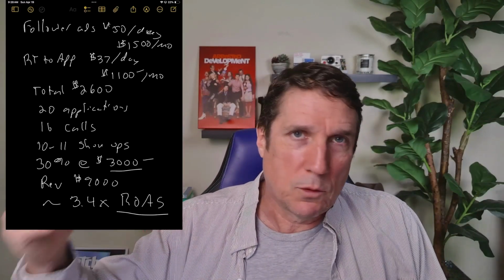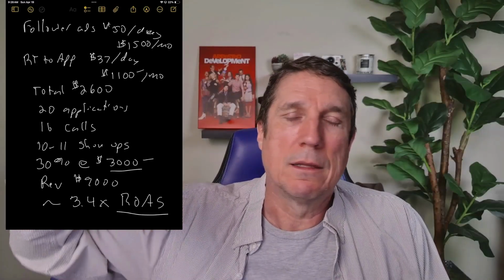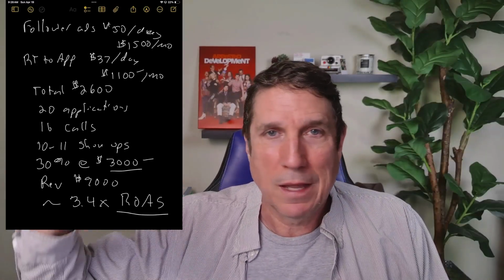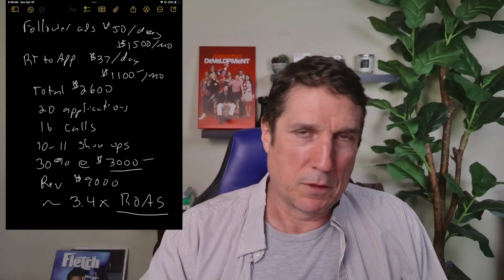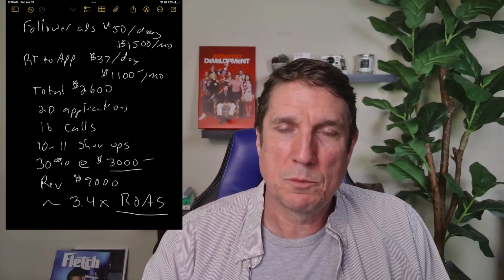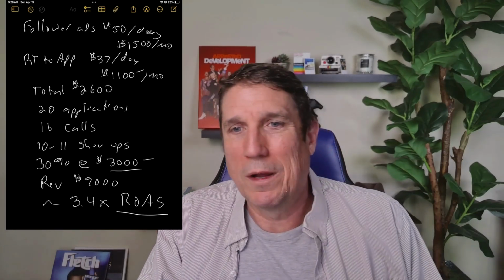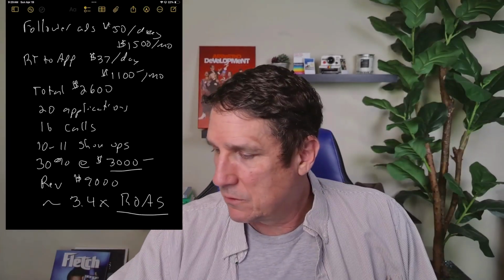Month 2, your followers get more and more and more, and your return on ad spend goes up, because you're going to figure out how to get more people on the calls. You're going to figure out which content works better. It just keeps going. So what really kills this, I'm going to stop sharing screen for that. But what really kills this is trying to target too broadly, okay?